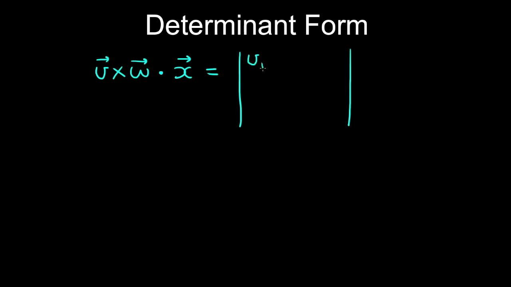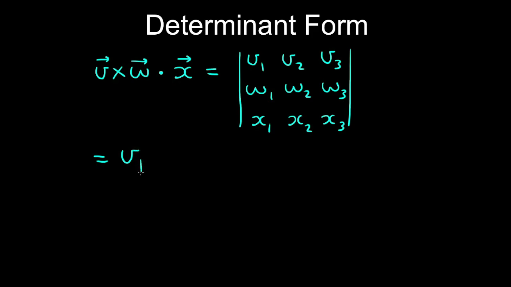The scalar triple product between the vectors V, W, and X, well, we take the cross product first, as we can't take the cross product between a vector and a scalar, can be evaluated using the determinant. So if we take the determinant of a matrix with the components of V in the first row, W in the second row, and X in the third row,